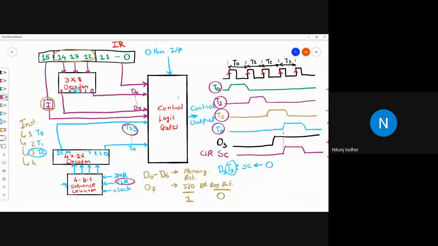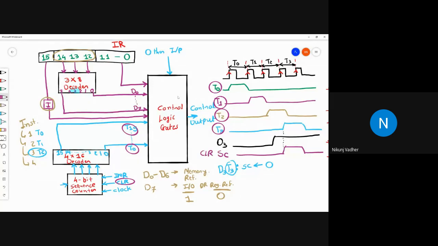So if there is an instruction, then the execution of that instruction must be over by T15. All instructions will start at T0, but must be over by T15, in the worst case.